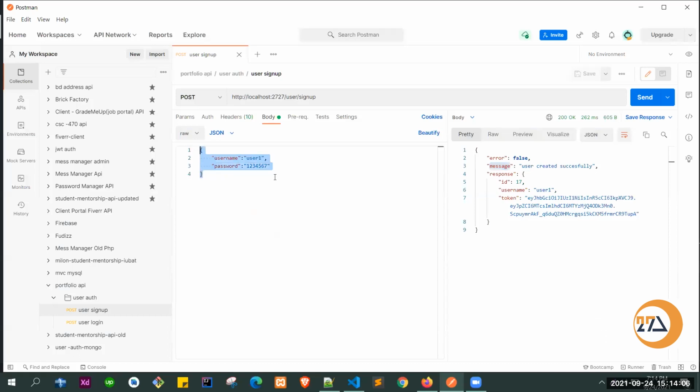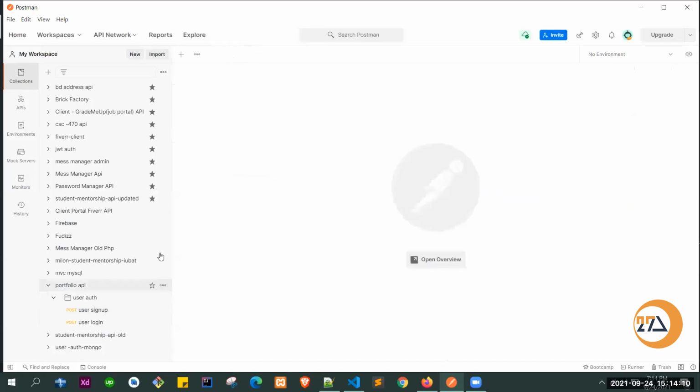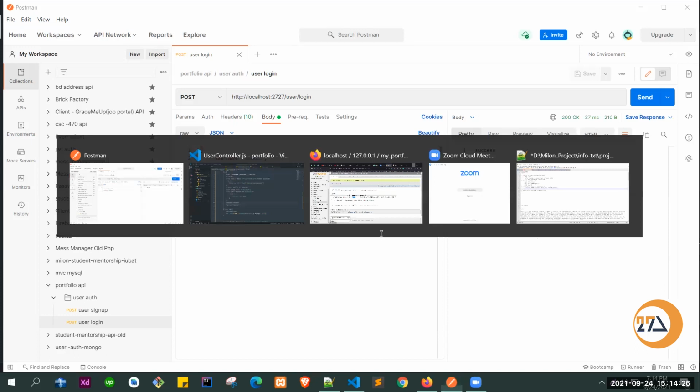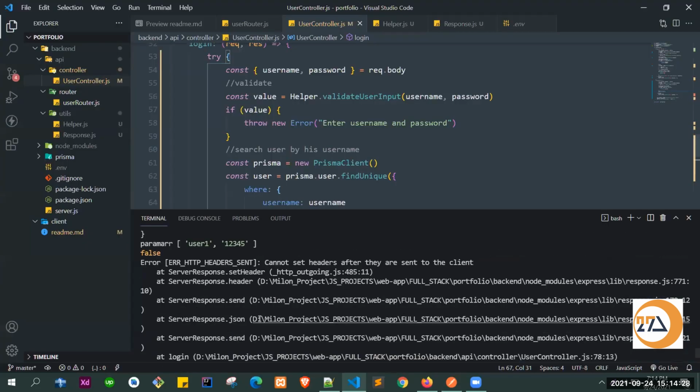We'll copy this same thing because we need the same thing, and go inside our login here. From here we go to the body, go inside raw and select JSON, and do the same thing. Now let's say we are passing a user that doesn't exist in our database. Let's see what we get. It's returning success, and inside our console log, as you can see,